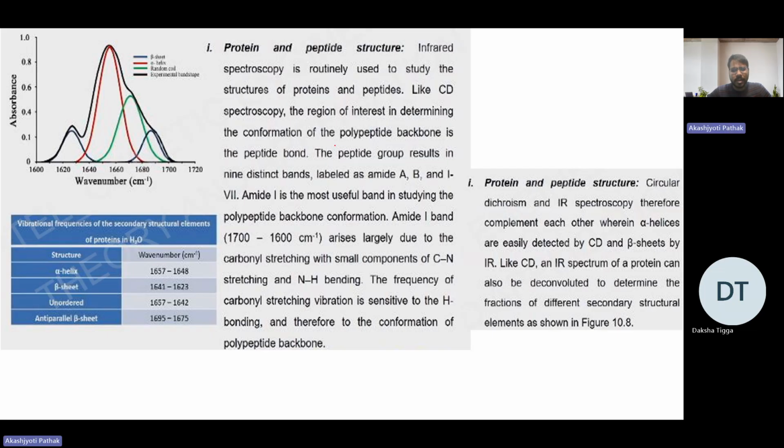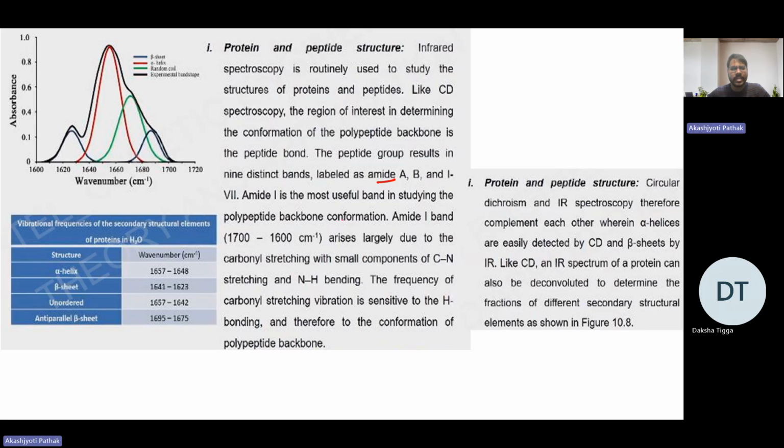That has again a lot of bands which you need to remember. So there is the amide A, B, and then amide 1 to 7. So what are the different bonds? So where is the carbonyl bond? Then there is this CH amide bond, then carboxyl bond. So all these give rise to different amide regions. So those are labeled as amide A, B, 1, 2, 7. So you do not have to go into too much detail,